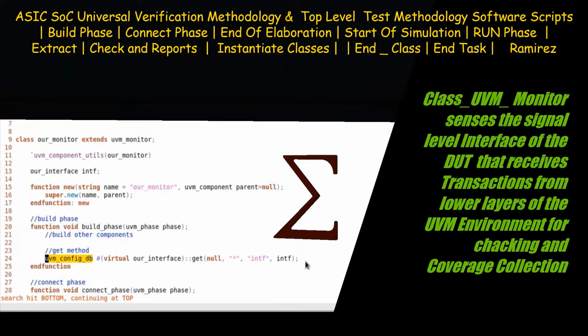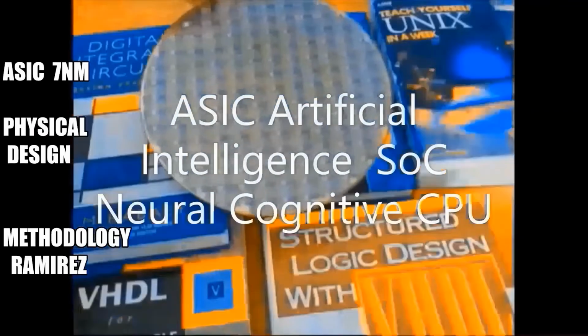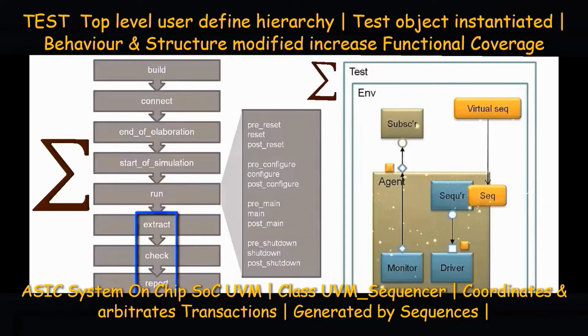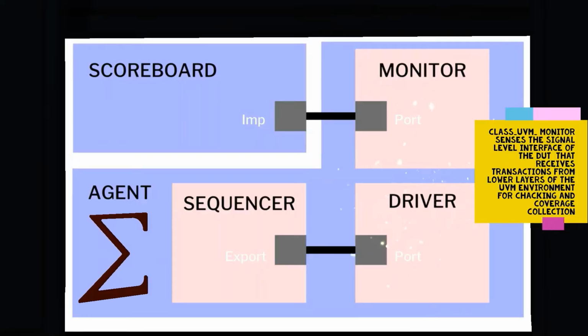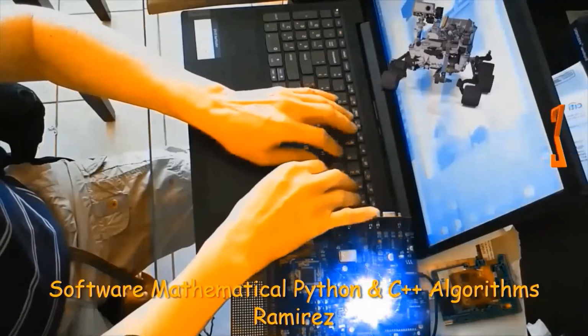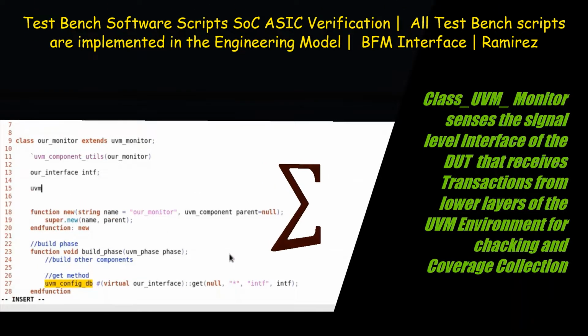The synthesizable test harness contains code to generate the clock and the reset, and the code to instantiate the bus functional models, the BFM, that is the pin level interface, and the DUT. The untimed test bench instantiates the UVM environment. So it is important to note the untimed test bench